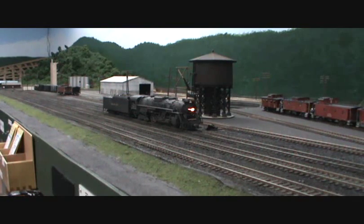One thing I did with this is I permanently mounted, or screwed, the drawbar from the tender to the engine because it would sometimes pull out. I can't really show you that here, but basically I just added an extra tender drawbar. I cut the original piece off and cut a short piece with a round loop on the end, and then I cut the pin off in the tender and drilled it out, got some good sound effects here. And I drilled it out, and then I put a 2-56 screw through that,